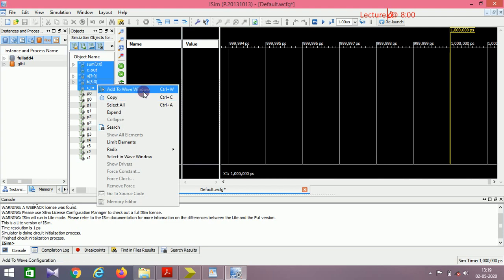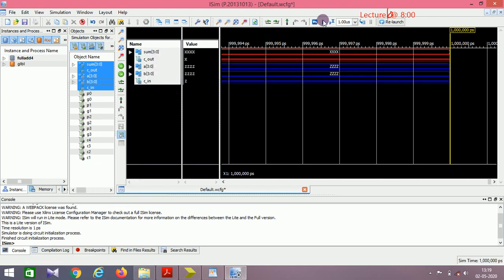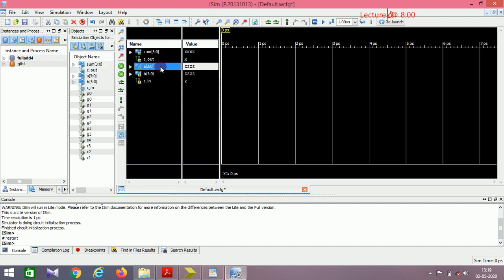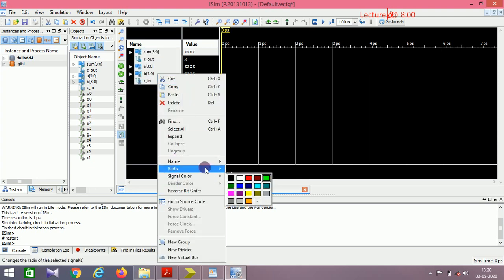Right click, add to wave. So you can add only these things. I restart it, so when I restart it, I can give the inputs. Before I give the inputs, I select again all these things and keep them in unsigned radix, unsigned decimal, so that it will be easy for reading.